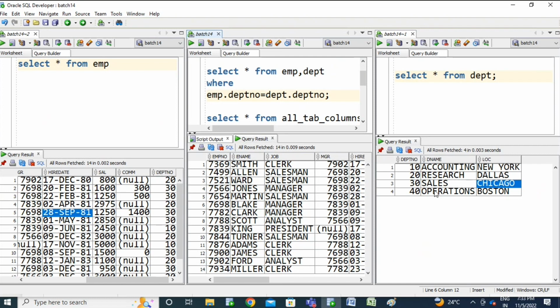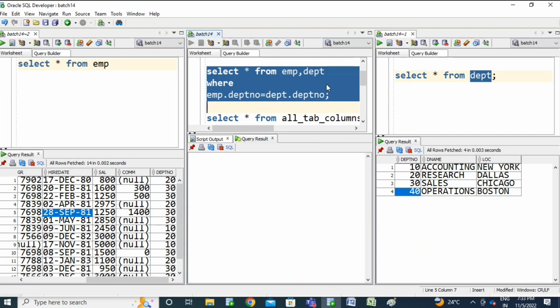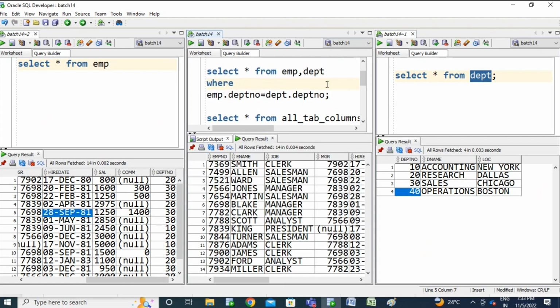I need that information as well. Now I have the village 2 department table. The department table does not have common records for this 40th department value in the EMP table. So how can we retrieve this?